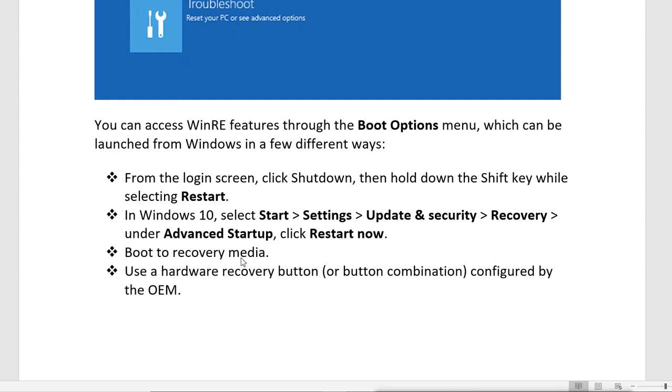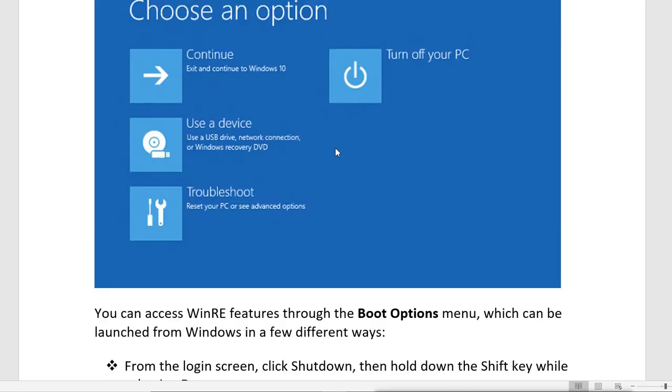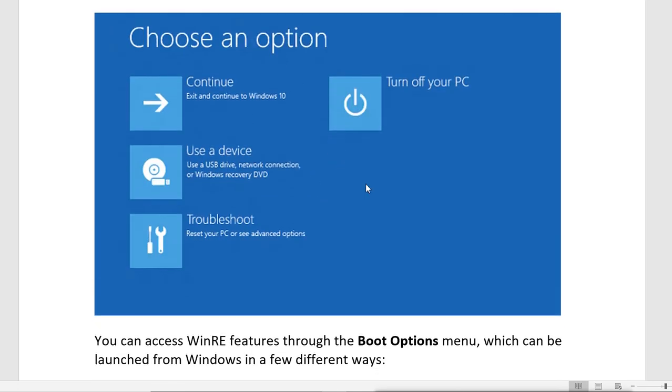There is one more way to get to the recovery environment, or rather it will automatically take you to the recovery environment if your machine fails to boot consecutively 2 times. So suppose your machine is starting, and while booting, suddenly it crashes because of a power failure, a corrupt operating system or corrupt hardware.